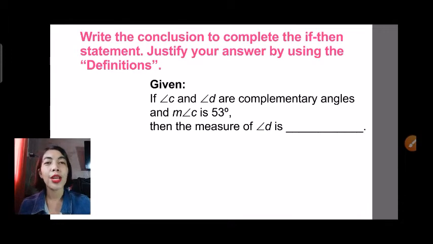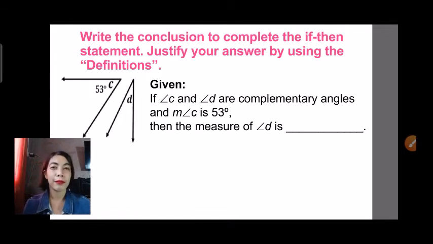Another example, if angle C and angle D are complementary angles, and the measure of angle C is 53 degrees, then the measure of angle D is blank. So C and D are complementary angles. And angle C is 53 degrees. So, dun tayo magpo-focus kay